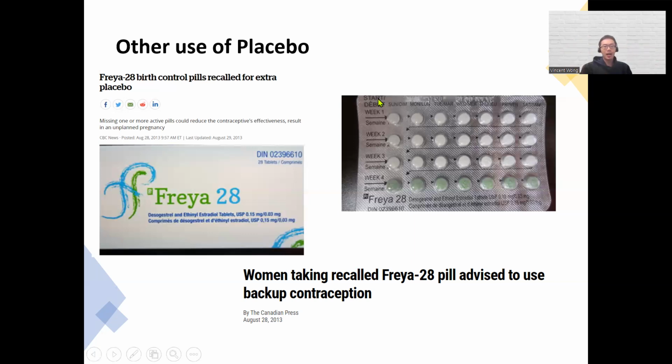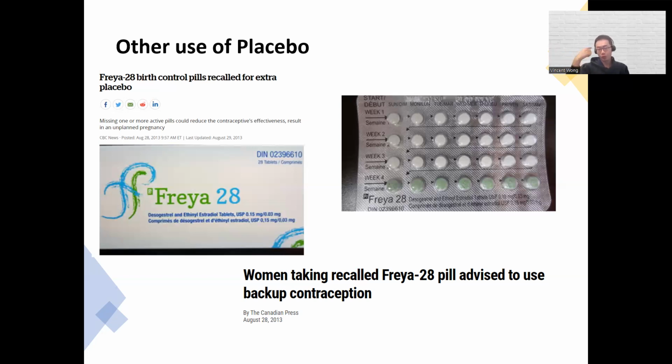But what happened was there was an incident where the company that makes this pill swapped the placebo with the actual pill. So people were getting 3 weeks of placebos and 1 week of the actual drug in the package. Okay, so when people were taking it, thinking that it will be contraception, but actually it didn't do anything, right? So that's not a good thing if the person is trying to, you know, have